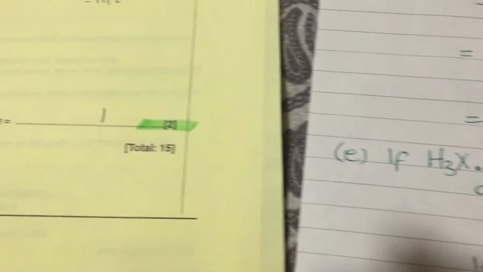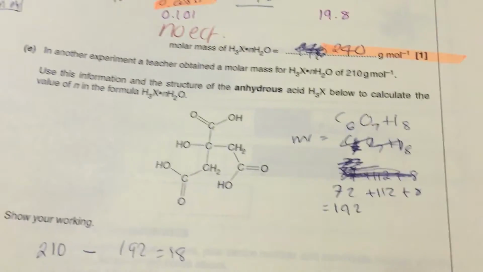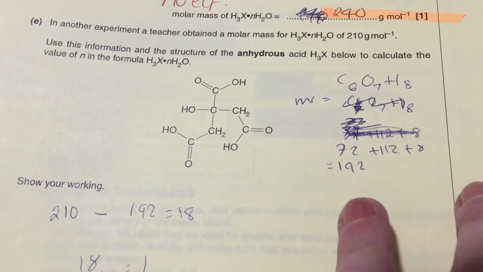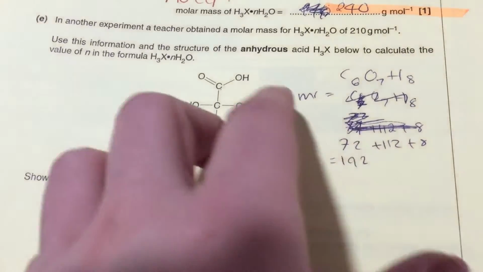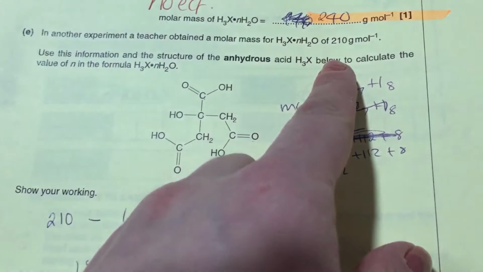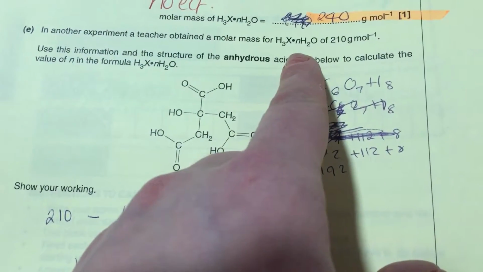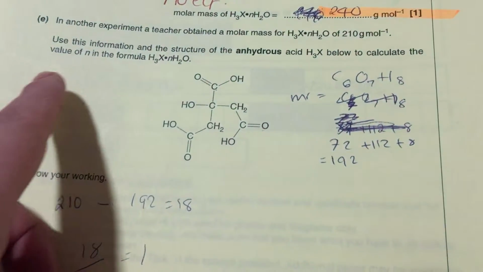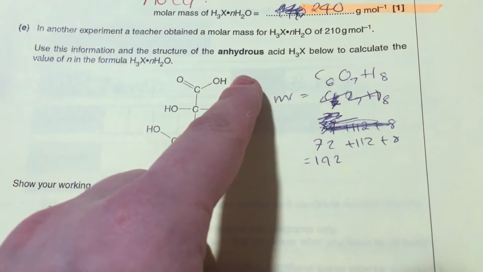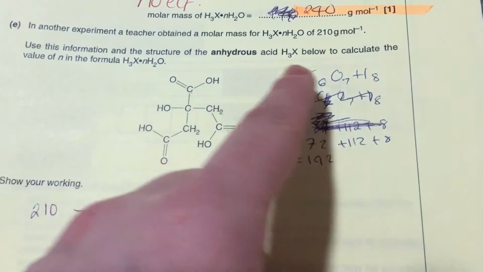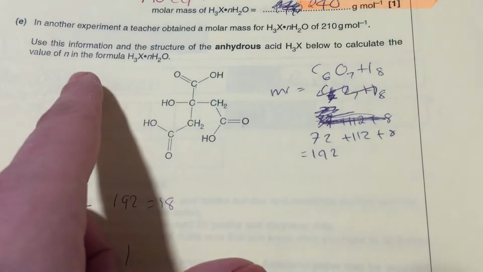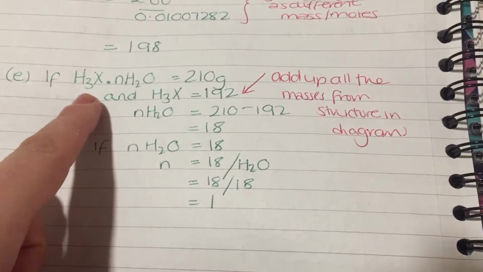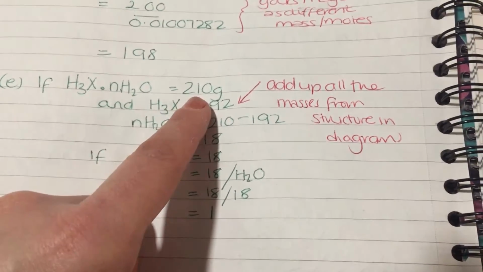The last question, question E, is actually not based on the information that we've extracted. It's kind of a separate thing altogether. You can see that we've got 210 as being the molar mass of our acid attached to a number of moles of water, but we don't know how many moles. Use this information and the structure of the anhydrous, so anhydrous means without water, acid, to calculate the value of n. The way that we would approach this question is to consider if the acid bonded to the water has a mass of 210,